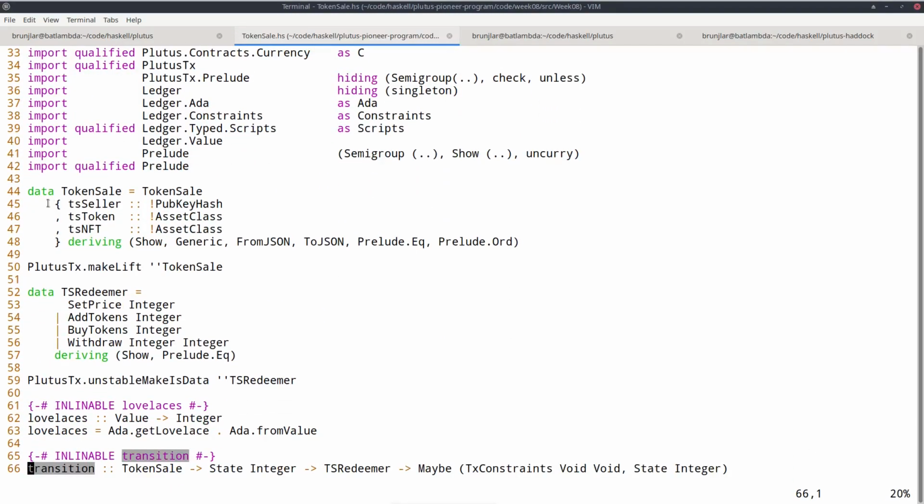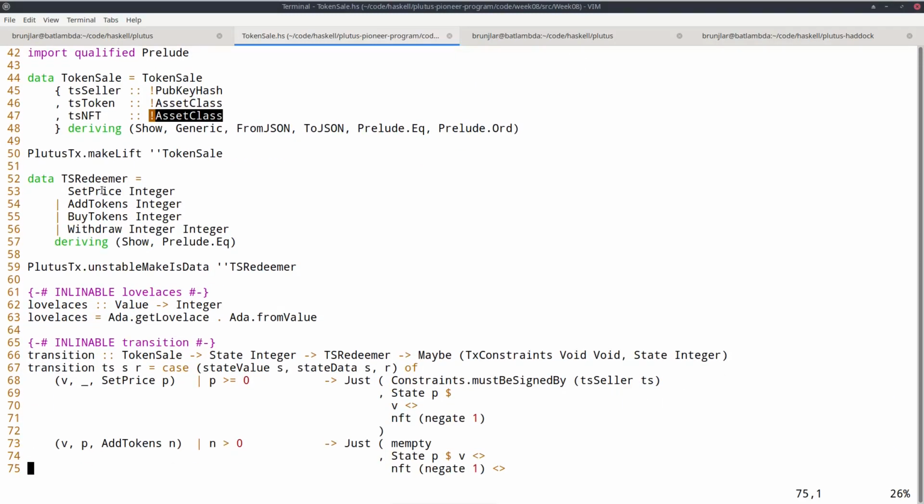Let's first look at this type, TokenSale. That's the parameter I will use for the contract. It has 3 fields: the seller, the seller's public key hash, then this token, that is the token being sold in this token sale, given by its asset class, and finally the NFT that is used to identify the correct UTXO. And as redeemer,